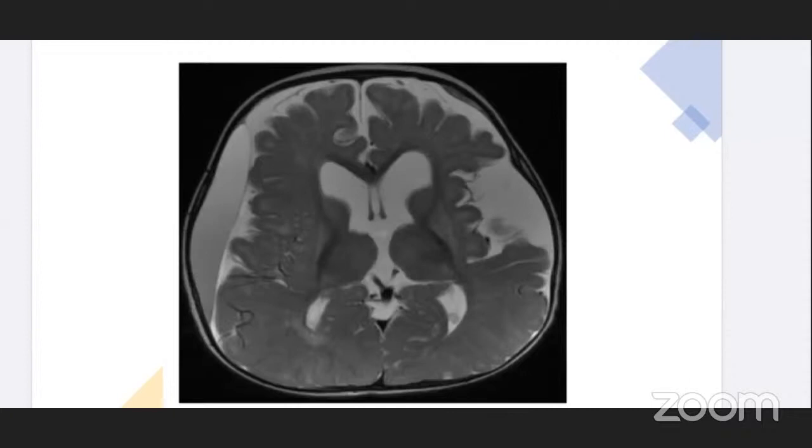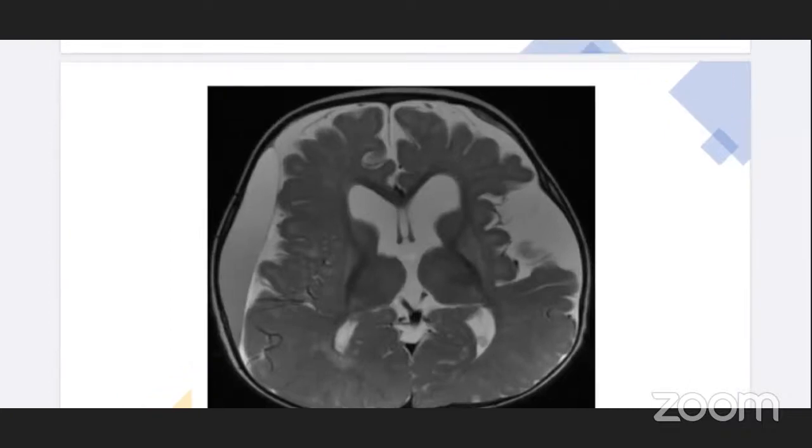As we can see here, this is a T2 axial cut MRI for a patient. The image demonstrates a fronto-parieto-temporal subdural hematoma with mass effect, diffuse brain atrophy, and a widened sylvian fissure. Unfortunately, I cannot point it out, I don't have a pointer here. And we can see some sort of ventriculomegaly.